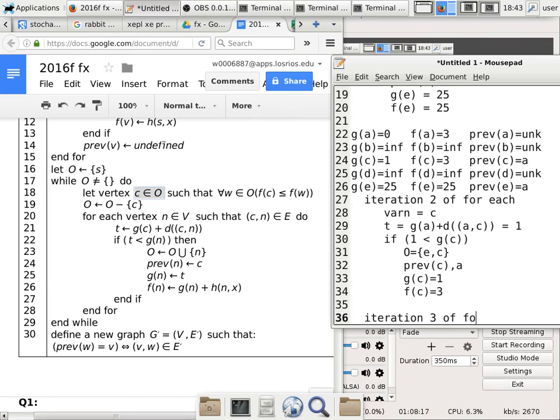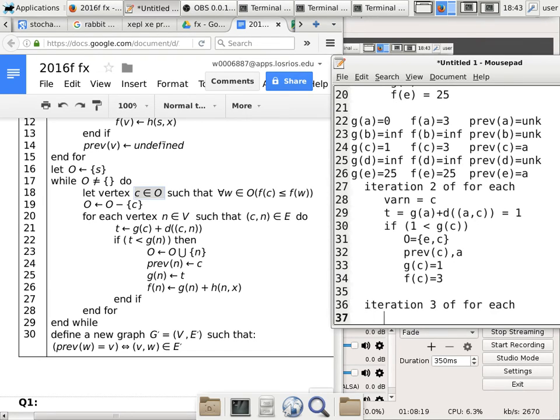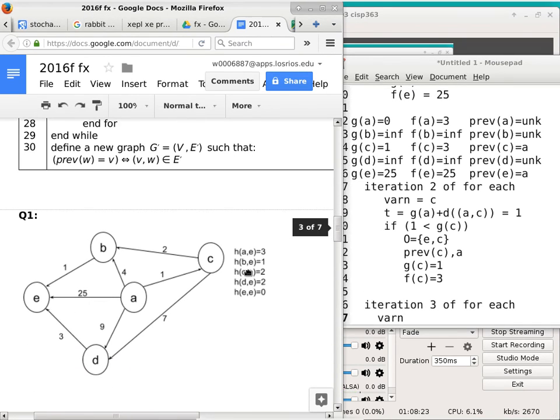Iteration 3 of the for each loop. Which neighbor do you want to choose this time? We have 2 more neighbors that we can choose from. We can choose B or D. Pick one. B. Okay, so we have